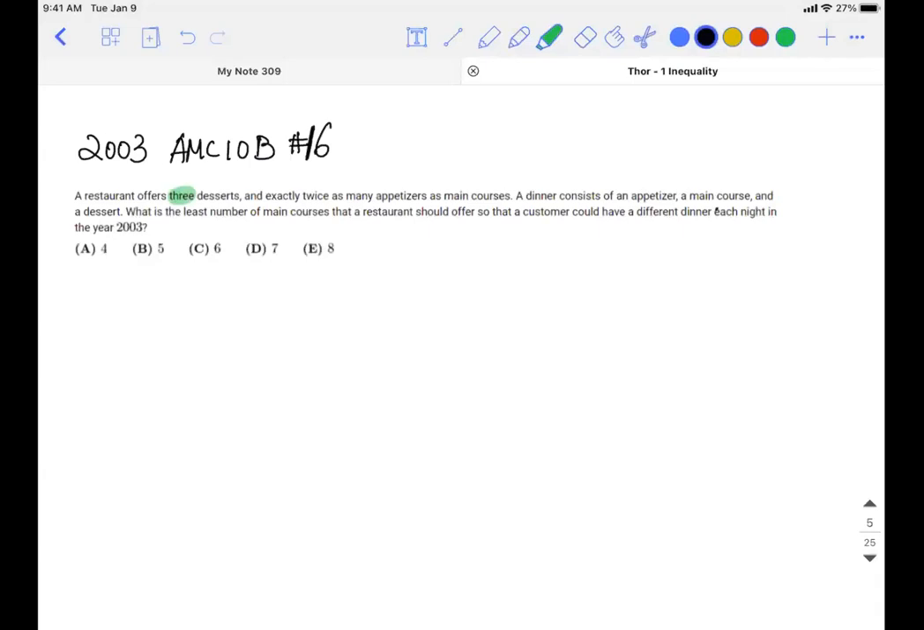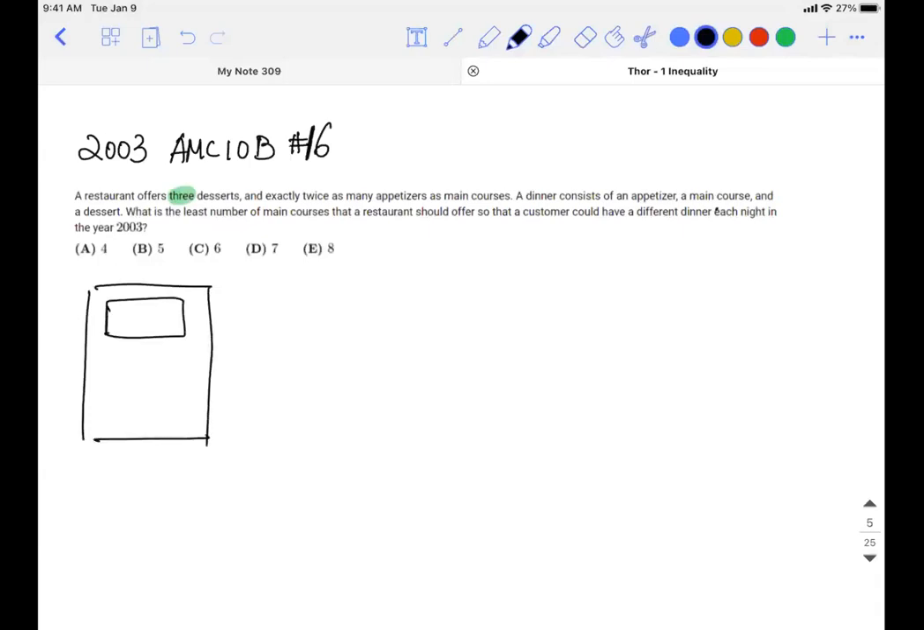A dinner consists of an appetizer, a main course, and a dessert, of course. So what is the least number of main courses that a restaurant should offer so that a customer could have a different dinner each night in the year of 2003? The question is more like this, right? So basically you should have